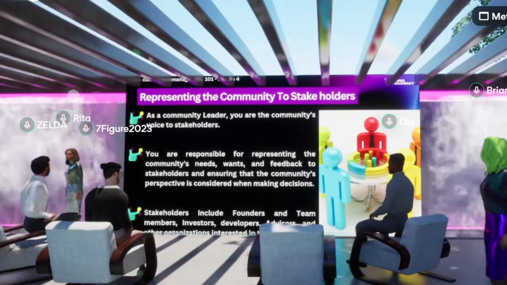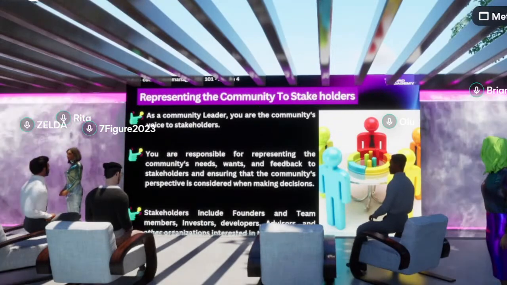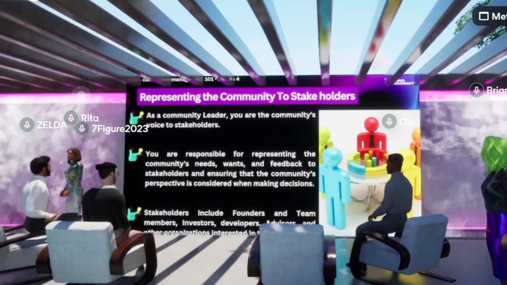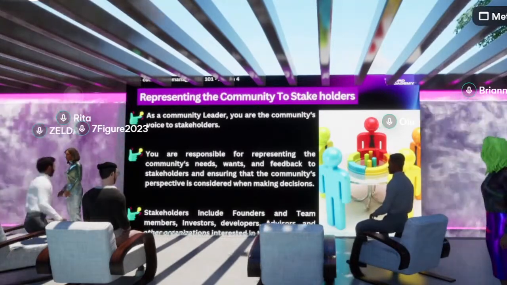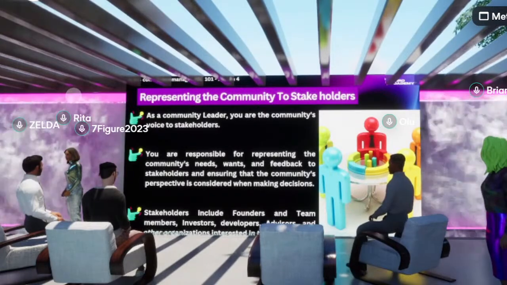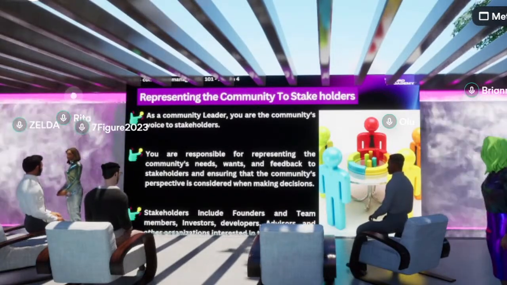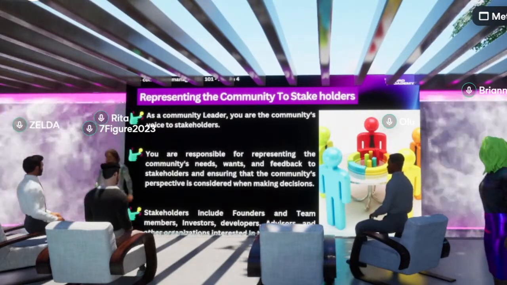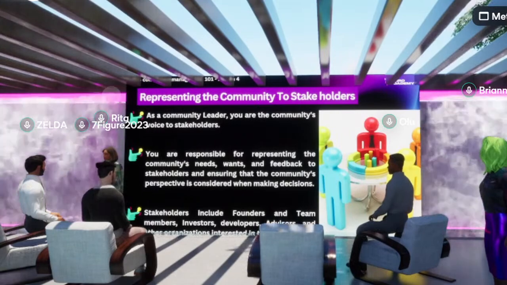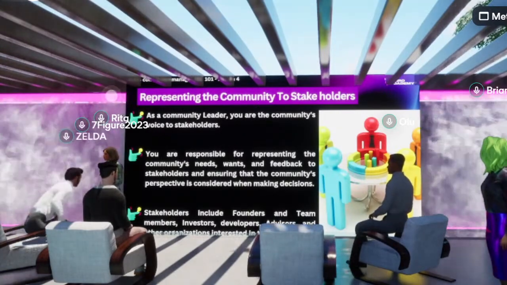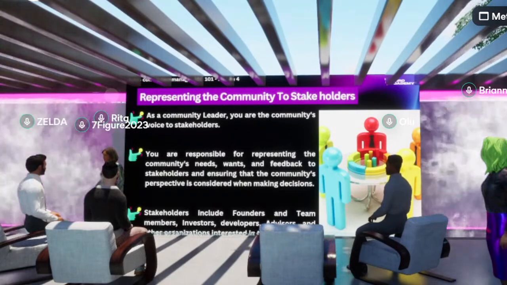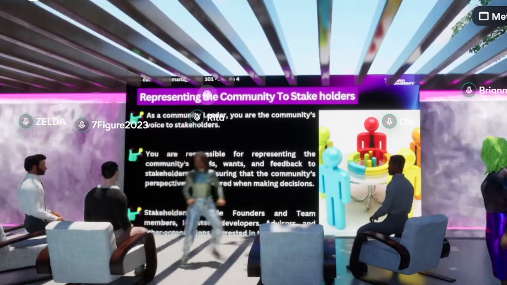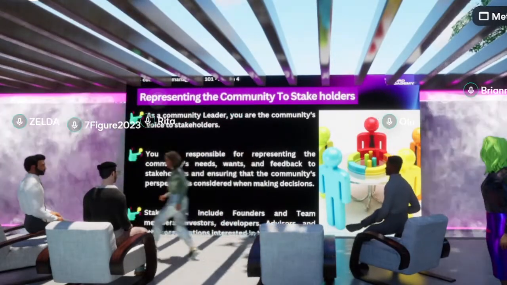The stakeholders sometimes may not understand the needs and the challenges of the community, right? But you understand it because you are closer to the community. You are the community's voice to stakeholders. You are responsible for representing the community's needs, wants, and getting feedback, right? So you need to ensure that the community's perspective is considered when there is decision making, right? As a community manager, it's more like you are advocating for your community,